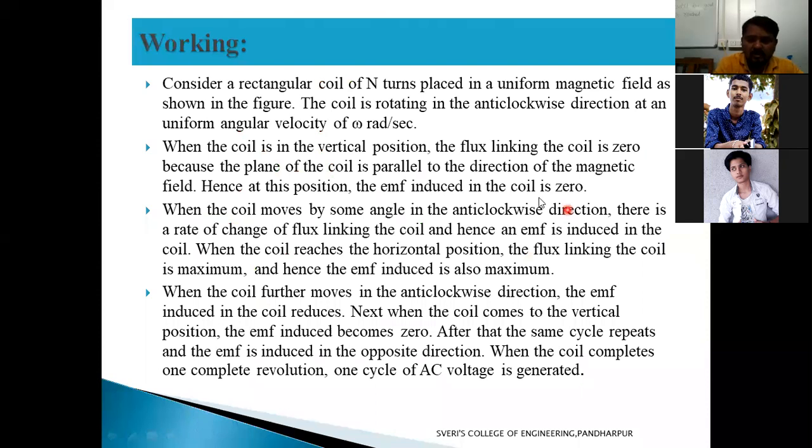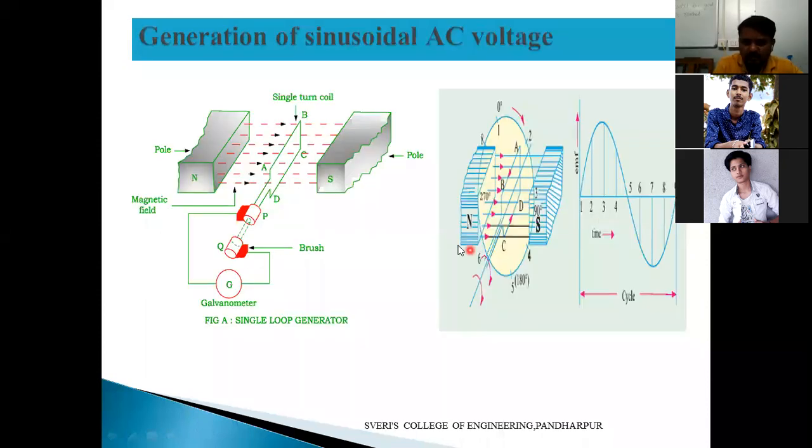We have considered this for one cycle. One cycle is 0 to 360 degree circle. Ye circle hai na, circle mein consider kiya humne. 0 to 360 degree circle mein we have to consider. Next, again for the second cycle, ek cycle ho gaya 0 to 360. Next cycle ko kya karne ka? Next cycle again some positive half cycle, negative half cycle. Positive half cycle it will continue over there.